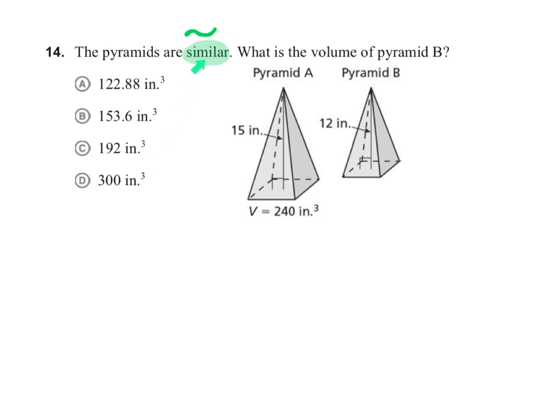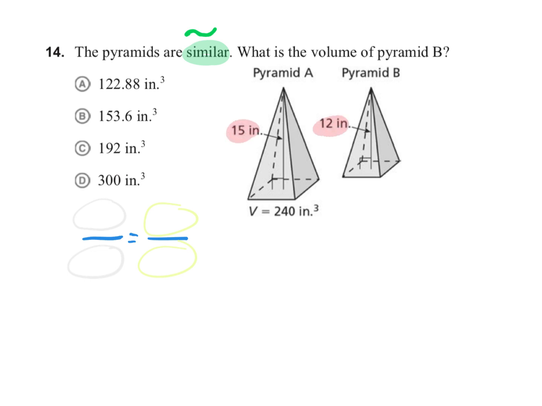When you see the word similar, you write a proportion. Do not start writing out the formulas for volume. When you see the similar symbol, we immediately go to a proportion. So look for a corresponding ratio here, and you can probably tell easily that the corresponding ratio is the 15